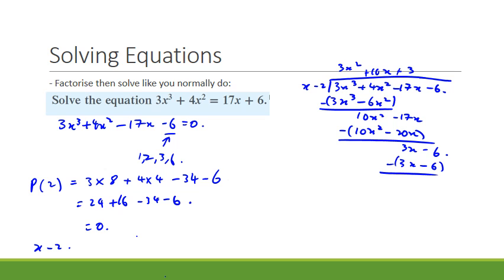Good. And then we factorize out the answer. So we have x minus 2, 3x plus 1, x plus 3 equals 0. So then x is equal to 2, negative 1/3 and negative